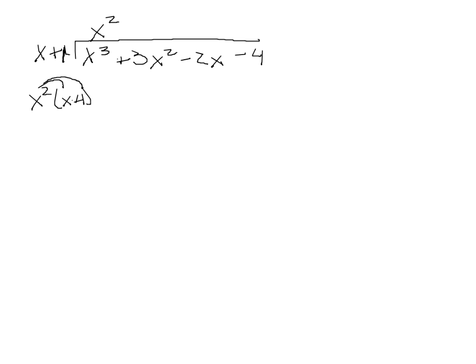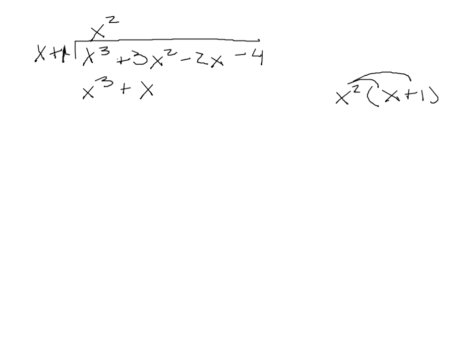Not quite what I wanted. Okay. I'm going to do it over here. Normally I do this right there, but I haven't given myself a reference. So x squared times x plus 1. So that's x cubed plus x squared. Then remember, just like in long division of numbers, I take that product and subtract it from the original. So the x cubed cancel, and I get 3x squared minus x squared, which is 2x squared. Bring down my 2x,